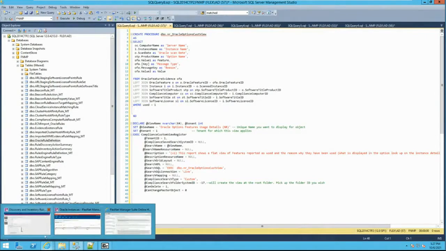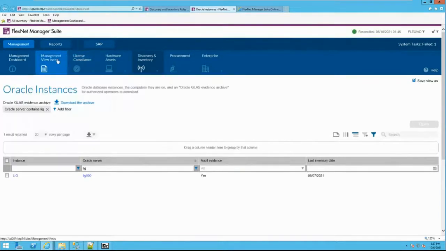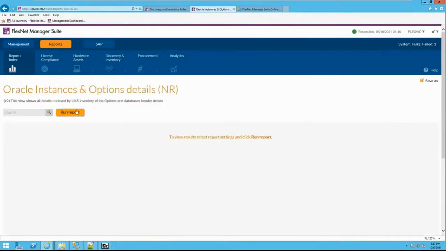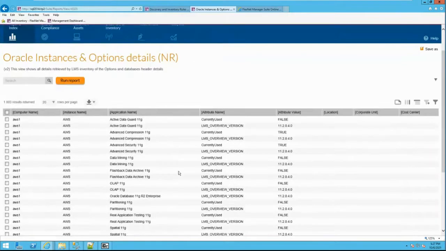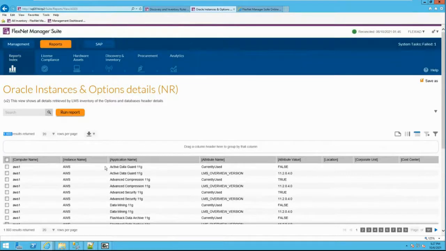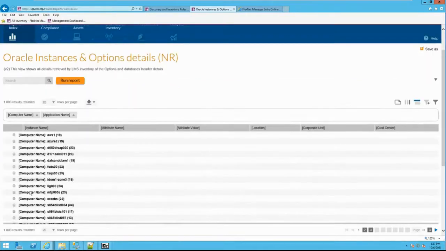So if I go to my instance, if I go to the reports, and if I go here, so I didn't run it, so I should have run it probably to avoid it. Okay, no problem. So here, I'm getting on my very small instance the list of, let's group by computer, let's group by application. And here you will see, on this, let's say,